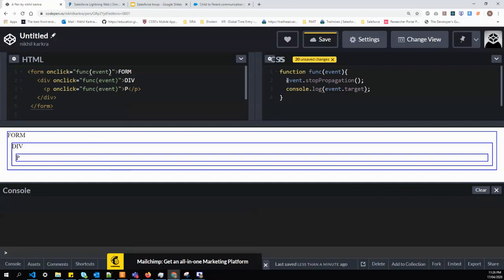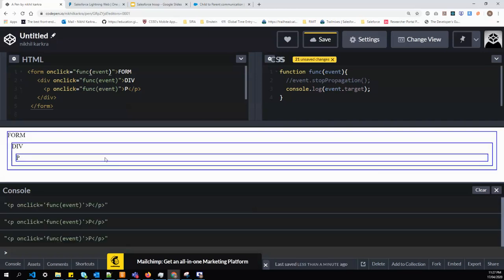But if I remove or comment this, it will again become the event bubbling phase, in which if I click P, it calls all three functions, and because we are printing the event triggered by P, all three are printing P. So to convert event bubbling to a target phase, we use event.stopPropagation.